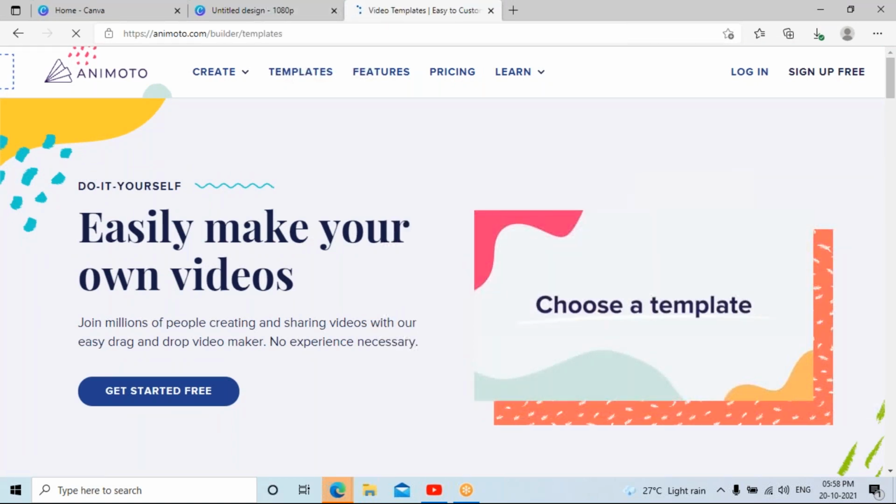So sign up for free, log in with your Gmail account.